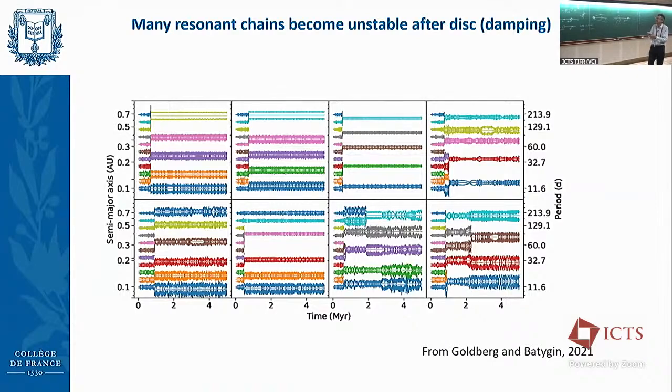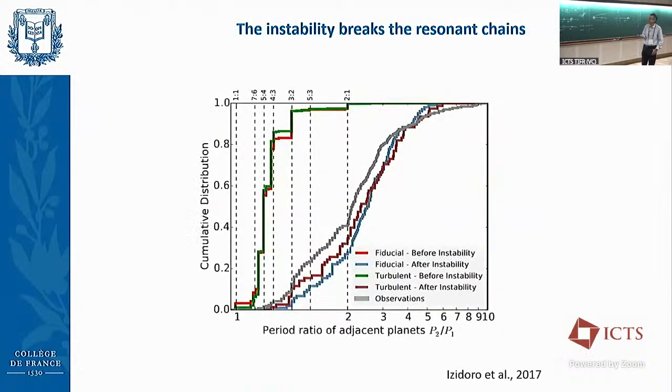So the instability can destroy the resonance chain and build a simpler system of planets, also fewer planets, more massive and more eccentric. Now the question, and indeed, when we observe the extrasolar planets, and we do a statistics of the period ratio between adjacent planets, we see that most of the extrasolar planets we observe are not in resonance